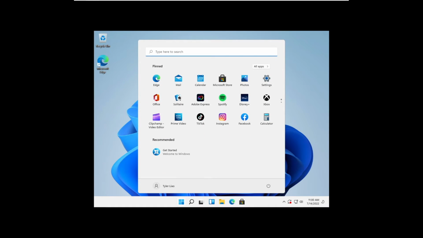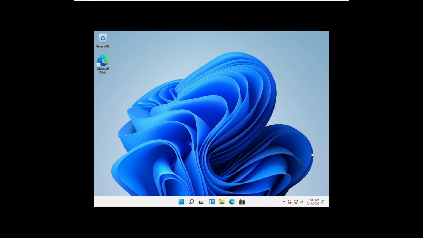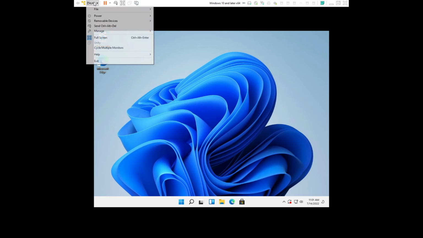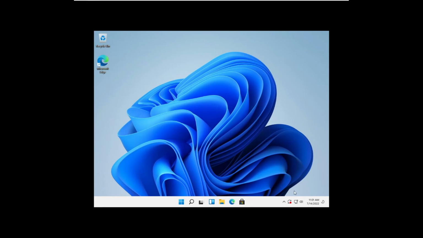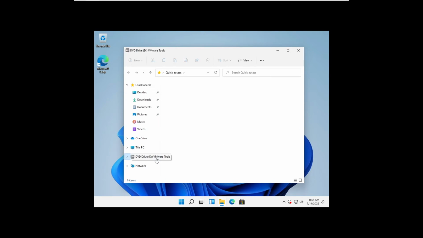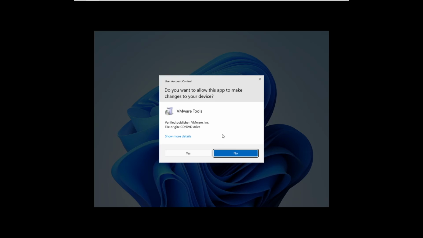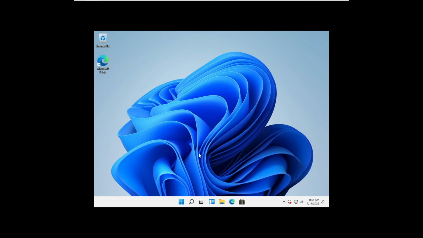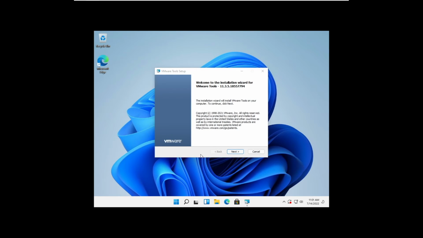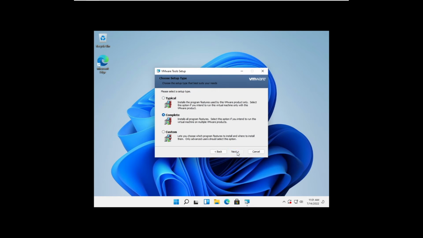After arriving at the desktop, there's one other thing that you have to do to make this a fully functional virtual machine that can interface correctly with the host. So you go to Player, Manage, Install VMware Tools. Now VMware Tools is a set of tools that allows the virtual machine to, for example, display correctly and enable drag and drop between the virtual disk and the host drive. So you just go to Setup 64 or just Setup to set up the tools.